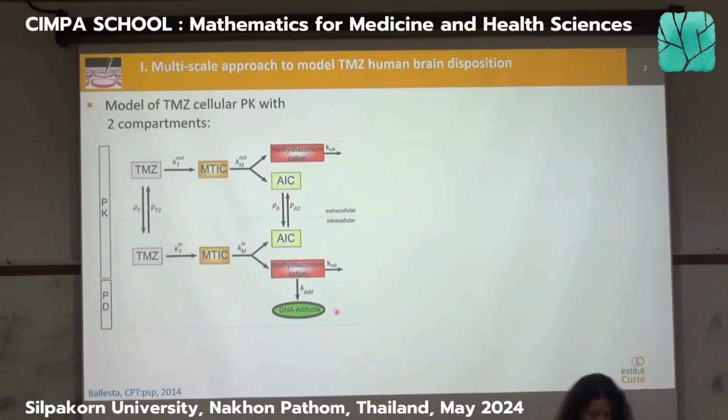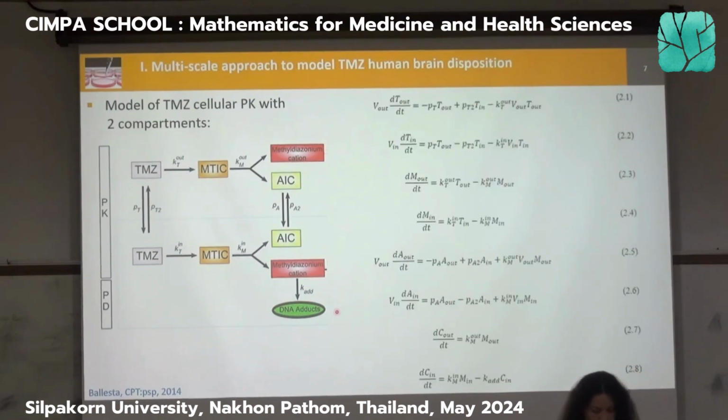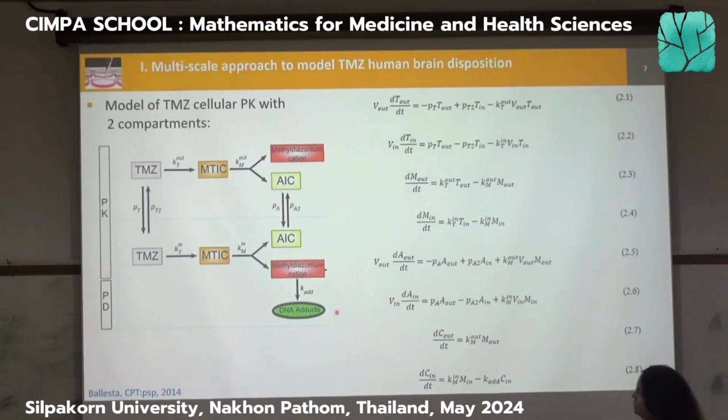If you write the equations, you can get this. Now it's a combination of flow of perfection and the first flow, taking care of the volumes, because then we may want to scale this model. So we have put the volumes, V out and V in, which are the volumes for the extracellular and intracellular compartment. I'm not going through all this, but you can look at the slides.